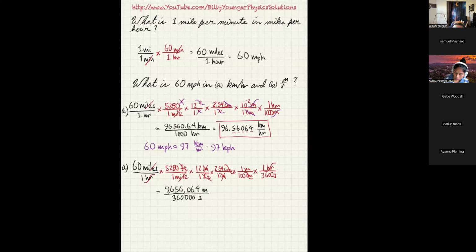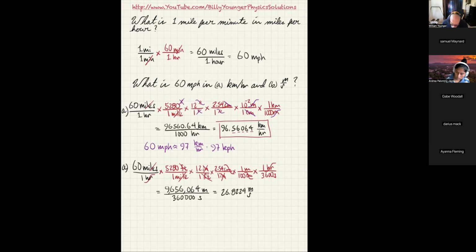And now we're going to take and divide the numerator by the denominator to get the new number. So I'm going to take the 99,656,064 and I'm going to divide it by the 360,000 that I have in the bottom, and that gives me 26.8224